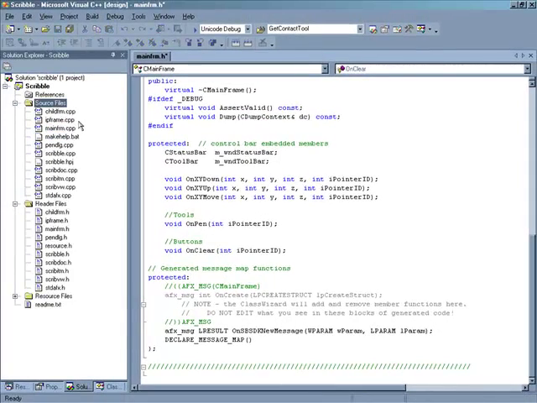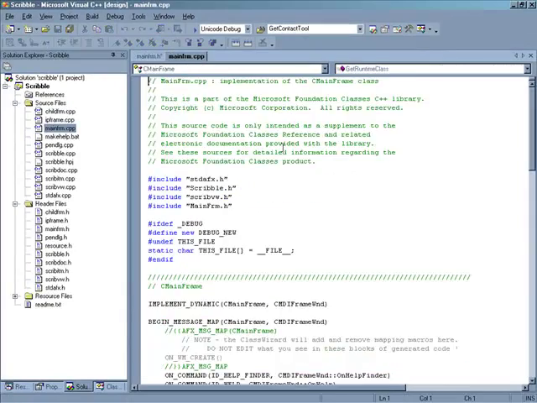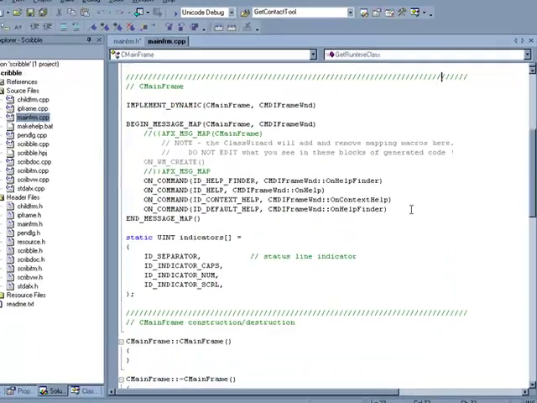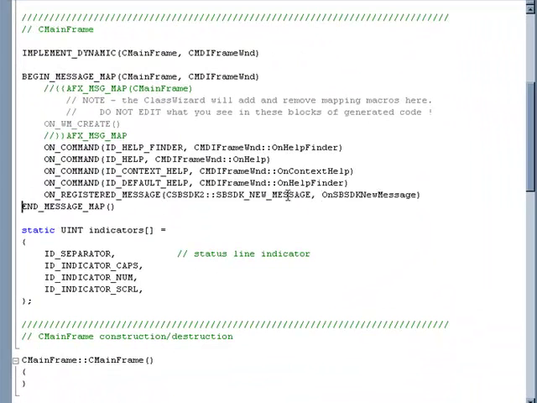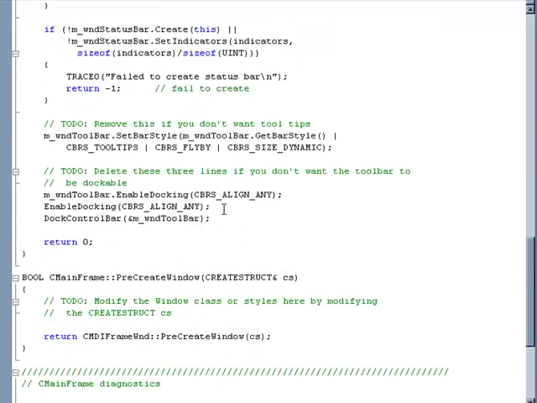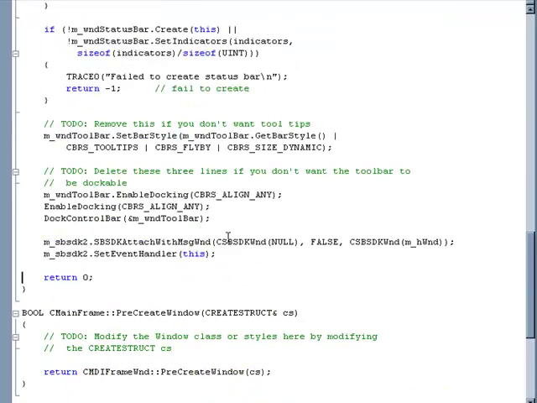Alright, so now we go to the source file, mainform.cpp. So first we need to add to our message map the sbsdk new message, and we will handle that in on sbsdk new message. In on create, we are going to initialize the SDK. So we're going to use sbsdk attach with message wind. First parameter will be null because we don't actually want to attach a window just yet, but we are going to pass hwnd